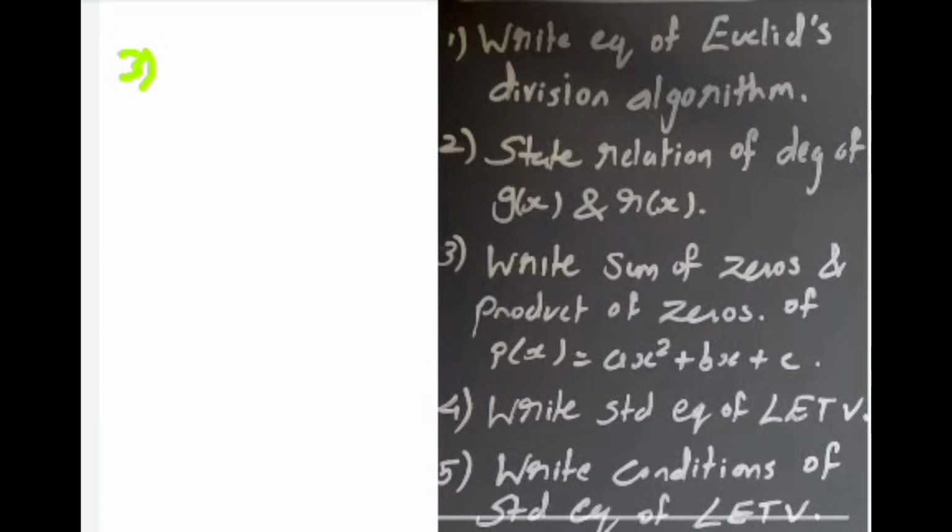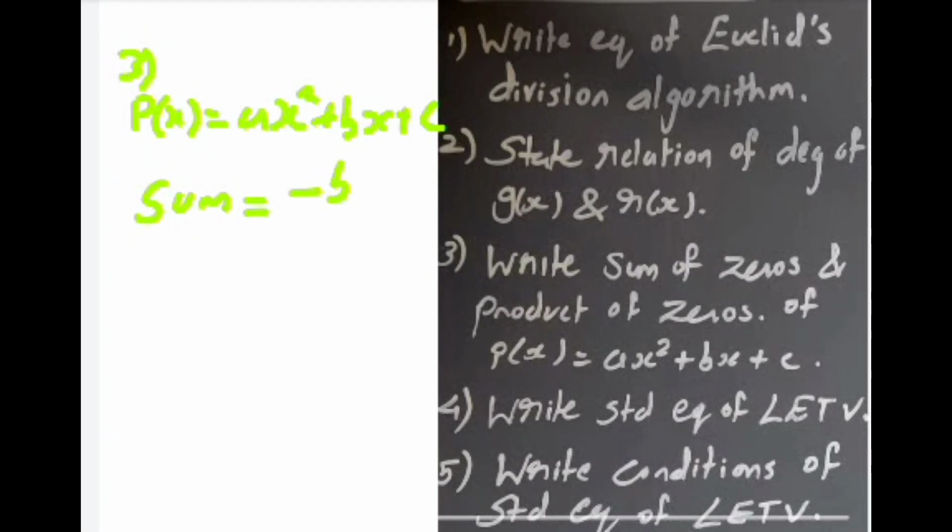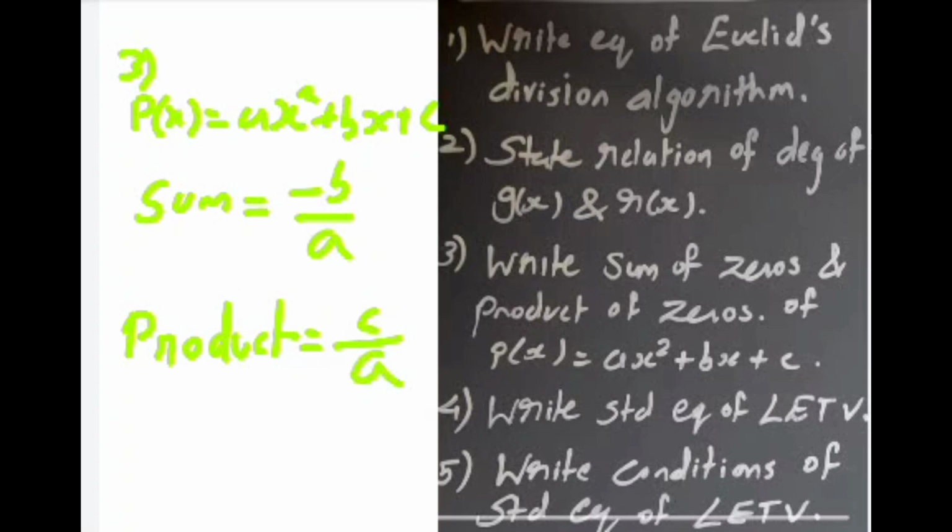And third is write sum of zeros and product of zeros for p of x, that is equal to ax square plus bx plus c. So sum of zeros क्या होगा? Minus b by a, and product of zeros that will be c upon a. Okay,